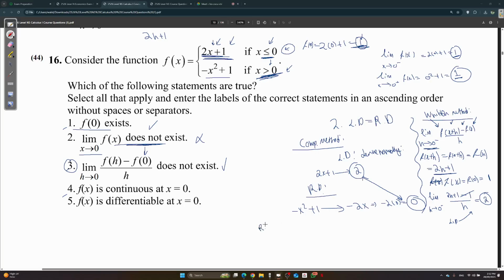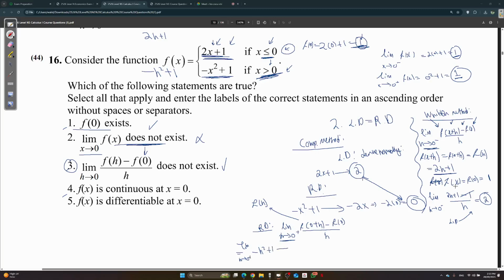Time to find the right derivative. Same thing, limit h approaches 0, what now? Plus, f of, I'm not going to write x plus h and x again, I'm just going to say 0 plus h. You already know why, we figured out why. Over h. Let's do it. So it's going to be f of 0 plus h, since we're talking about 0 plus, we're substituting it into the second one. F of 0 plus h, and it's the same thing as saying f of h. So it's going to be negative h squared plus 1. Limit h approaches 0 plus negative h squared plus 1